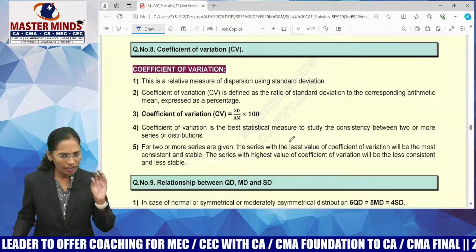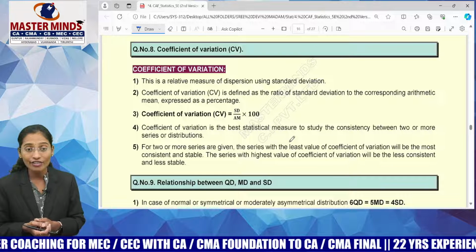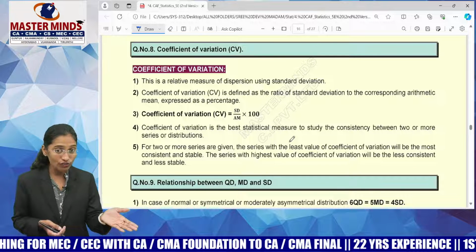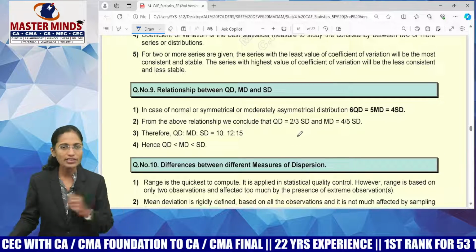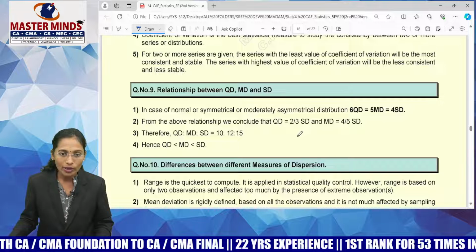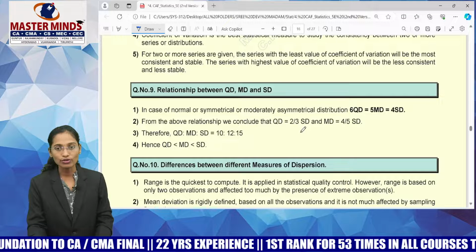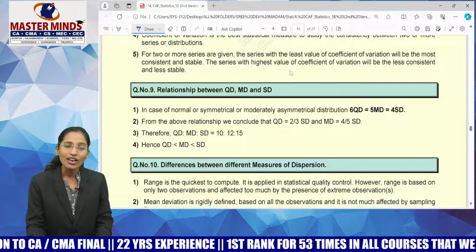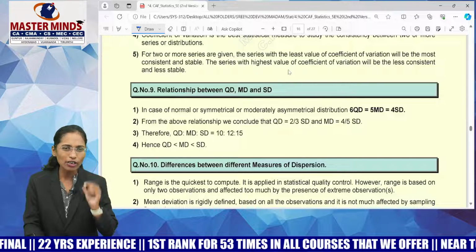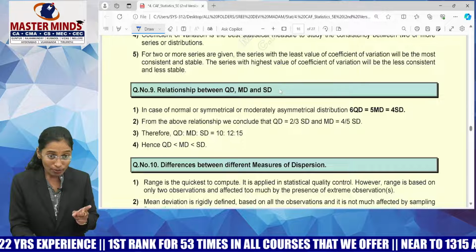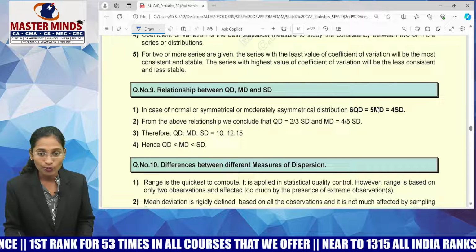Whenever you are given two or more series, which series average is the best average? The series having the lesser coefficient of variation is the best measure of central tendency, or it is considered the best series. Got it, guys? Now, what is the relation between quartile deviation, mean deviation, and standard deviation? For a normal, symmetrical, or moderately skewed distribution, there is a relation between them, which is 4SD